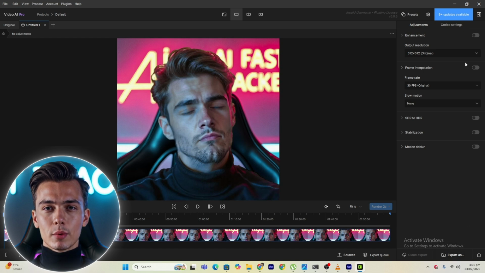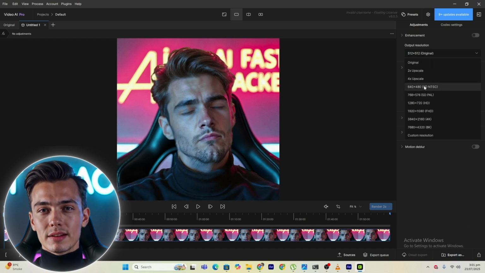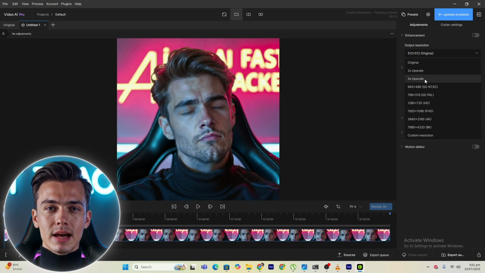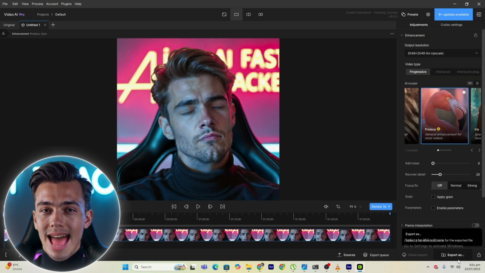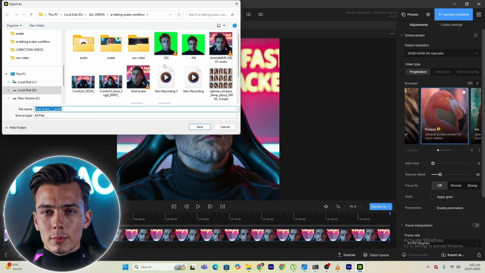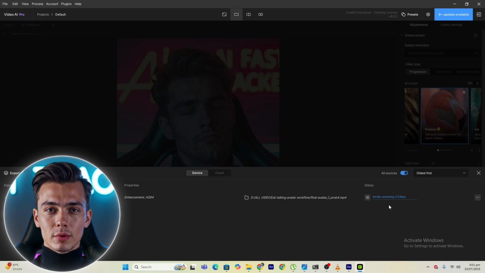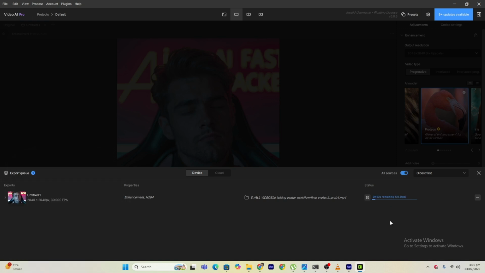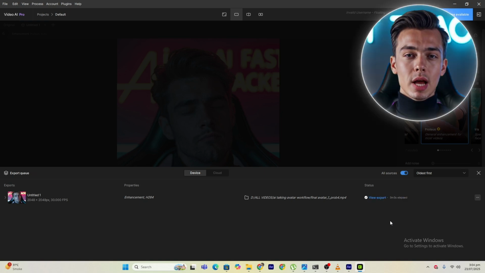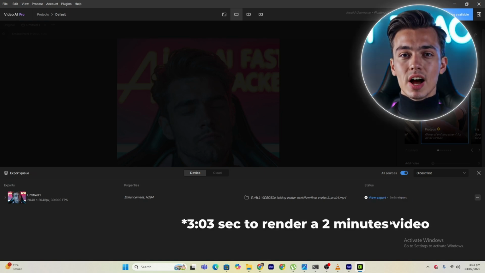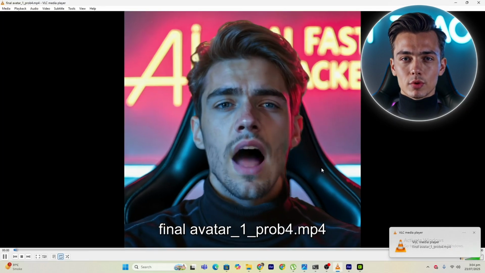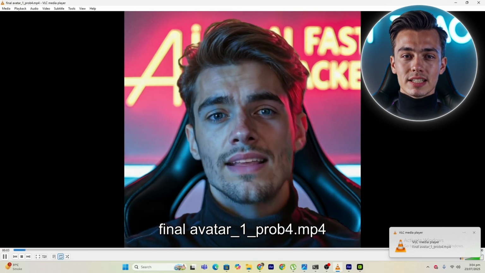Right now the video size is 512 by 512. So to make it 4K, we will select the 4x option here. That's all. Now click on Export As and select where you want to save the output, and then the rendering will start. If you are running it for the first time, it will download some models first, then start rendering. Okay, the rendering is complete and it takes around 1 minute and 53 seconds to convert a low quality video to 4K quality. Isn't that amazing?